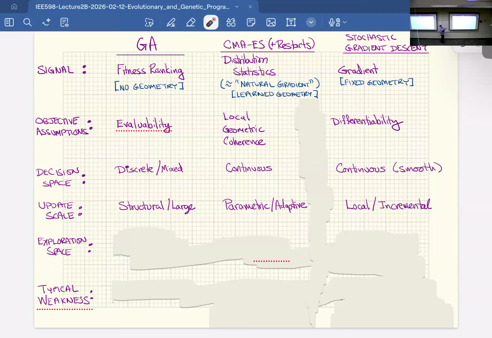And so it's going to adapt a simple model of local features in order to try to find the best settings of the parameters of that local area or of that model. So it's trying to find the best parameters for a local response surface that fits a local region. So the scale is much narrower. And then it's very much the same way in stochastic gradient descent.